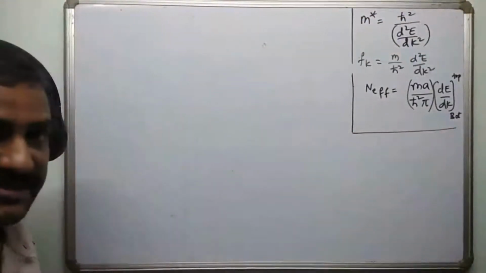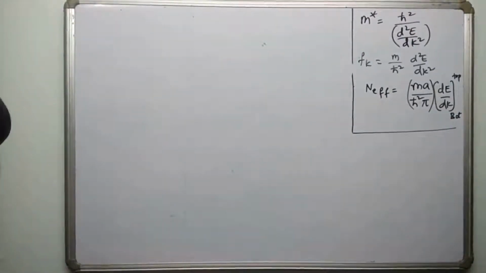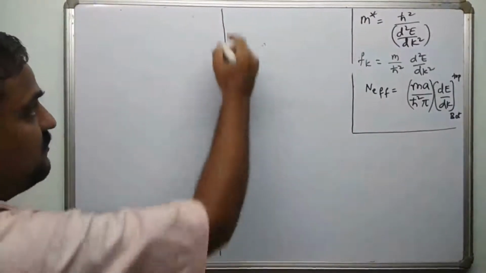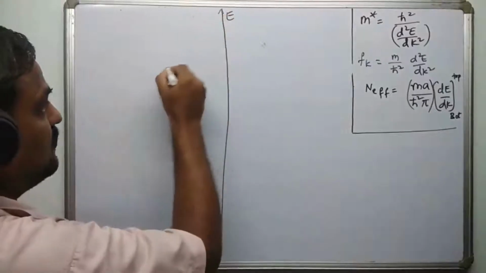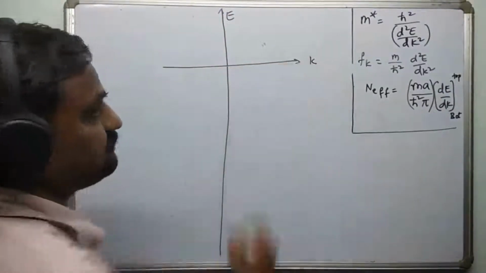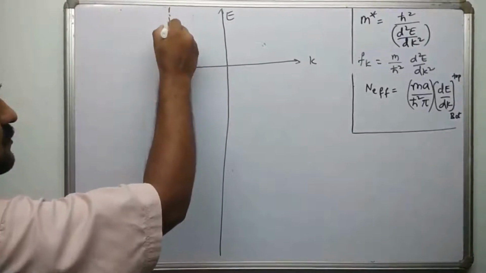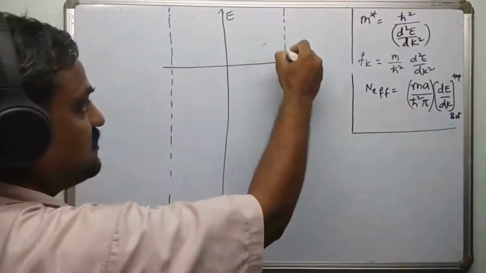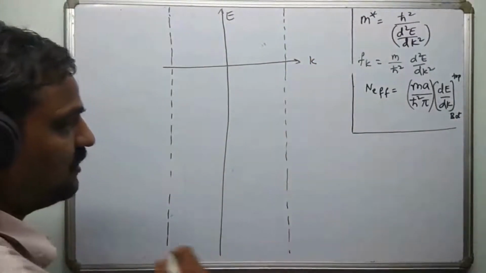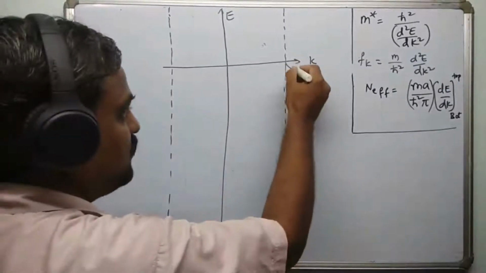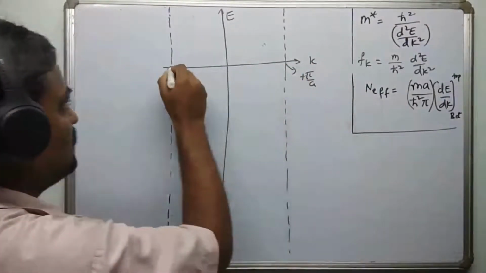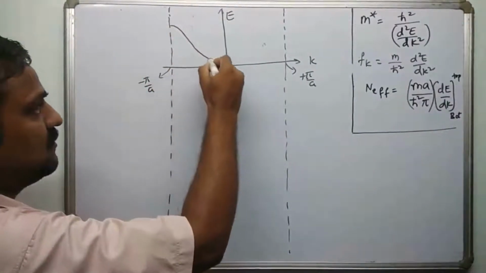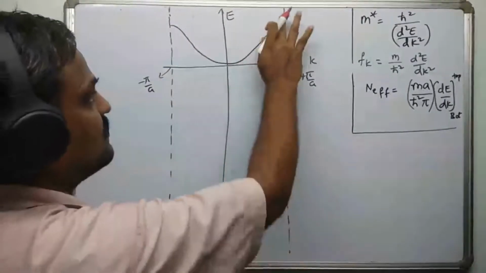So finally we got all these things. Now it's time to sketch several parameters. So please pay attention on this graph. This graph is going to be for several parameters. So here first I will plot E versus k. This is the first diagram, and everywhere I'm just paying my attention only to plus or minus pi by a values of k. This is sometimes referred to as the first Brillouin zone. I am not going to go into the details of the others. So here this point is plus pi by a and this point is minus pi by a, that's all. And if you sketch it, it's going to be like this.